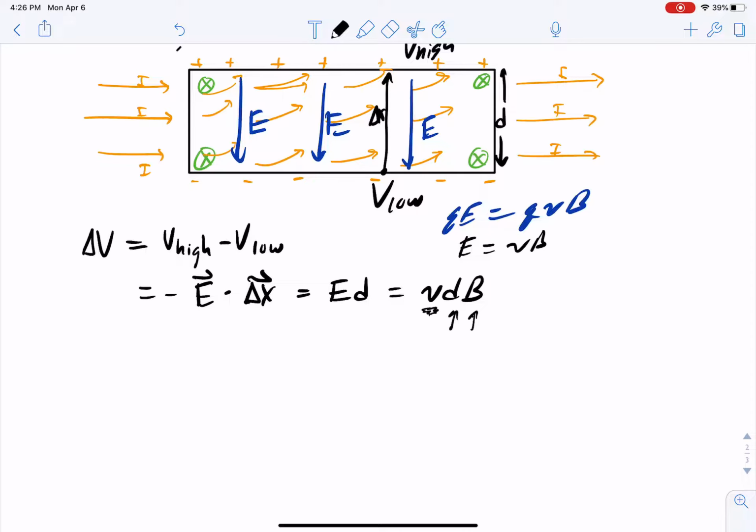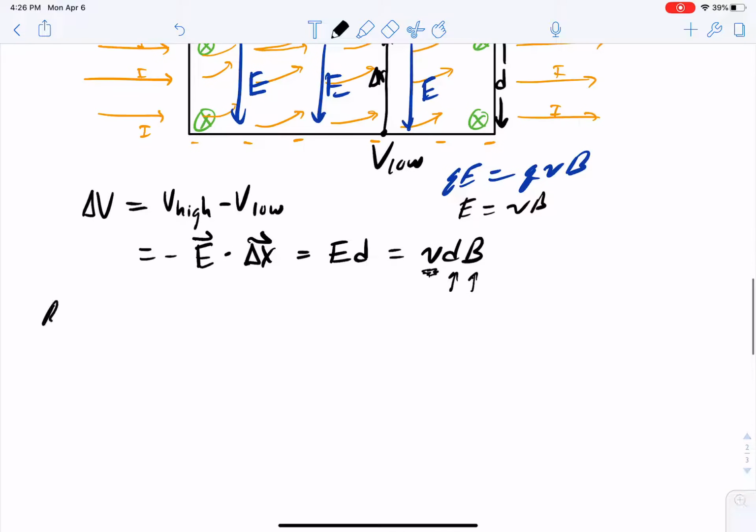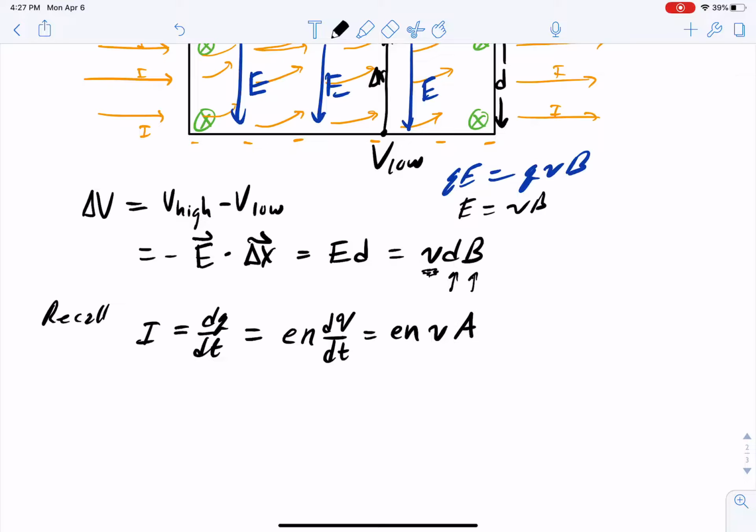We can take this one step further by remembering that we talked about this current before. So the total current is the rate at which charge is flowing through. And we decided that was equal to the charge per particle times the charge density, the number density, how many charged particles there are per cubic meter, times the rate at which the volume of charge was flowing through. And that in turn was just the velocity at which the particles were traveling times the cross-sectional area of the wire,